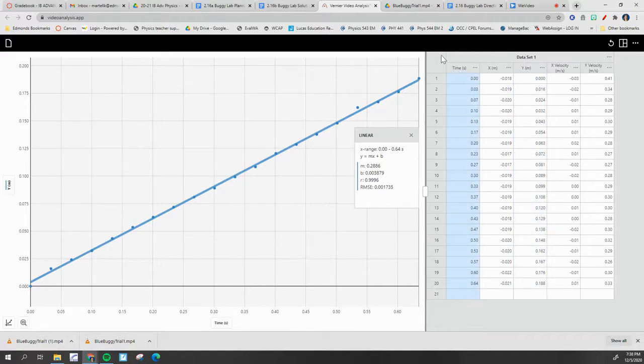Okay, if you have any questions while you're collecting this data, be sure to email your teacher or come in during office hours. When you are done with collecting your data here, you might want to save it. So go up here to this file menu and do Save As. Now it's just going to automatically download a file that you won't be able to open, but next time you open up the Video Analysis app,